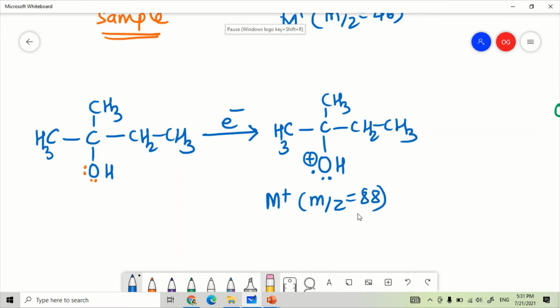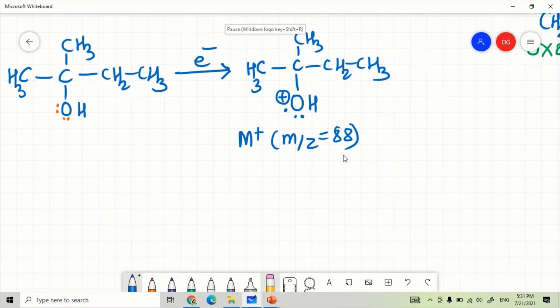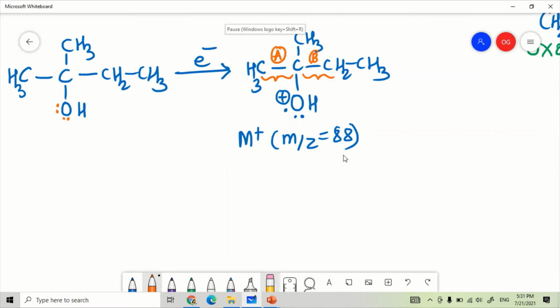Now how will the fragmentation happen over here? I told you in the earlier example that after oxygen comes the next carbon-carbon pair. So here also there is a carbon-carbon pair and here also there is one pair. So at both the places fragmentation can occur. Let us take this as the example. So what will happen here? Shall I rewrite the structure?